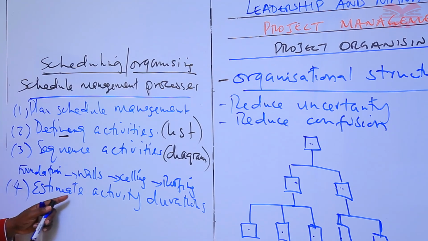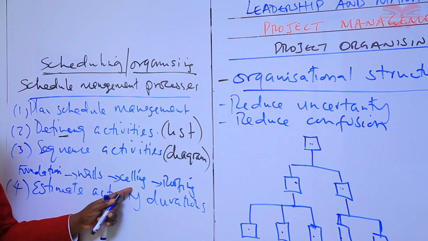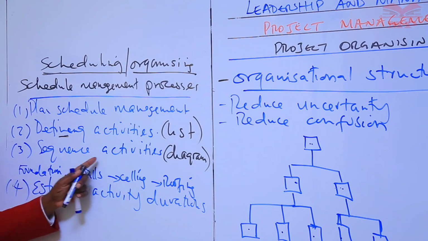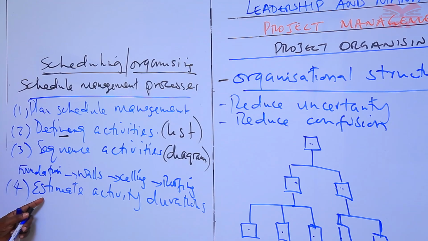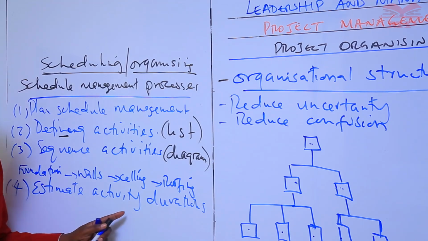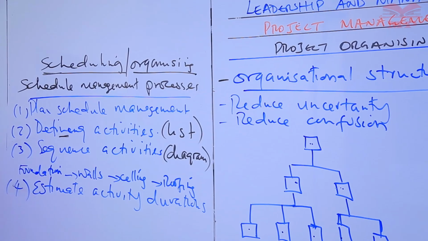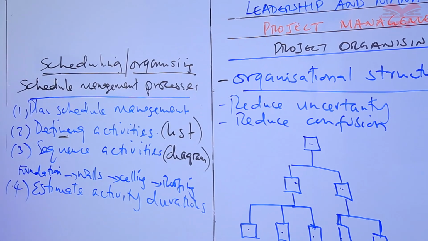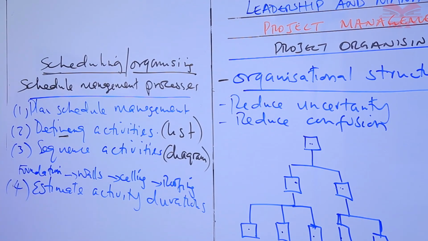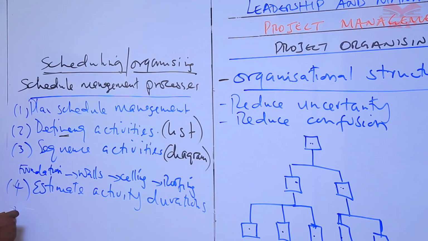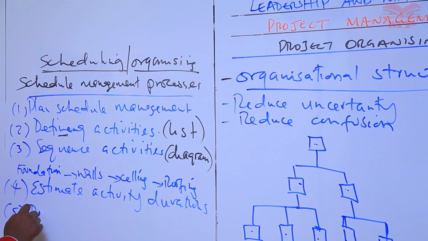So after having a sequential logical flow of activities in sequencing of activities, the next step is to estimate activity durations. Then number 5, develop